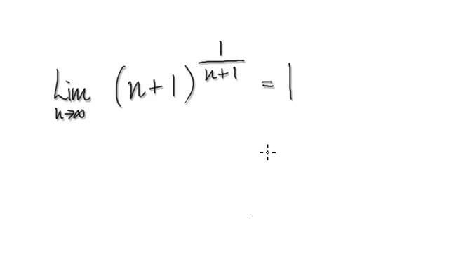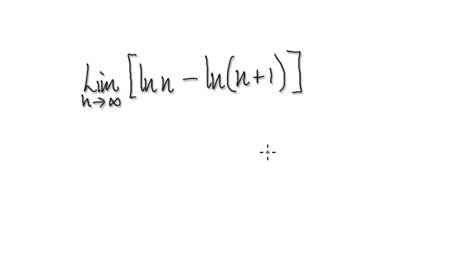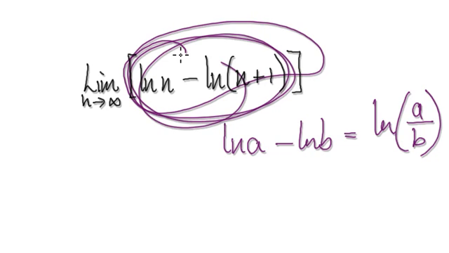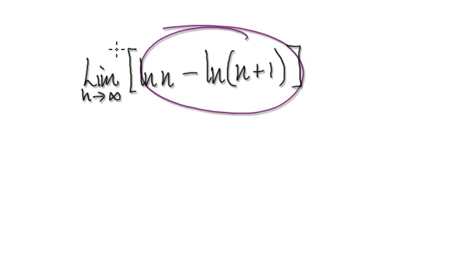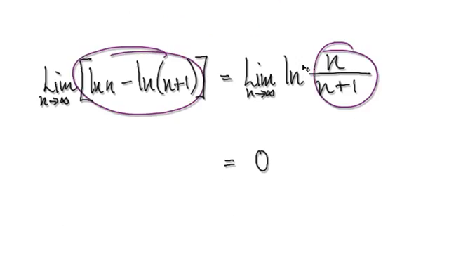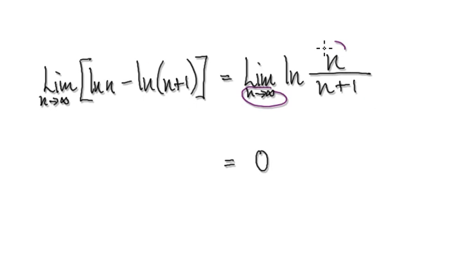Okay. So next question. Find the limit of this as n tends to infinity. So press pause and have a go. Okay, so to do this, remember natural log of a minus natural log of b, that's the same as natural log of a divided by b. So rewrite this as this. So now you can see that as n tends to infinity,